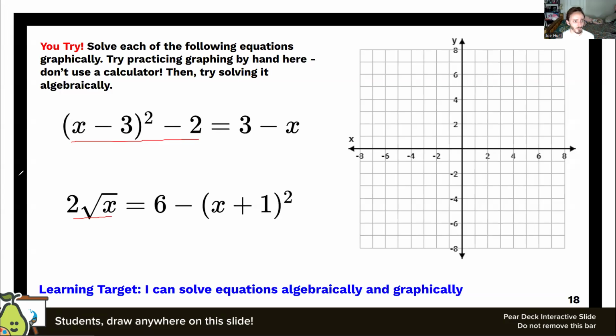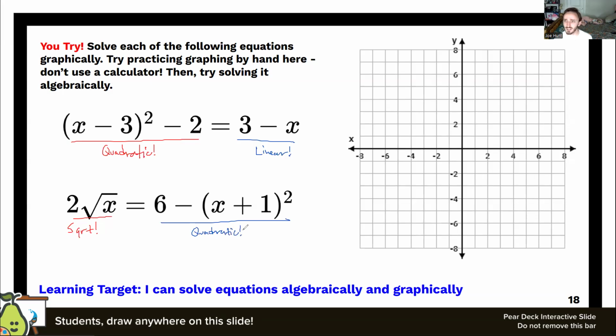All right. So you've taken maybe a minute or two to try your hand at graphing these guys. And the idea here is that if I'm trying to graph these guys by hand, I might want to identify what the parent function is so that I can identify the transformations of that parent function and then go from there to figure out what the graph ought to look like when I'm trying to put it down by hand on the right-hand side. I'm going to highlight each side of the equation,